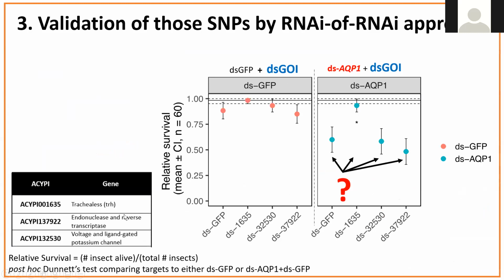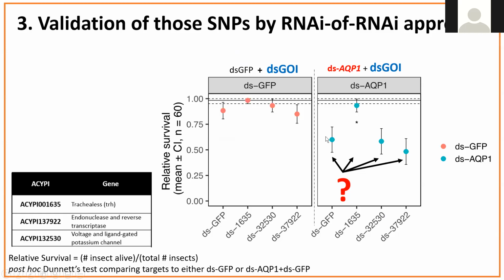Trachealess and the nucleases, reverse transcriptase, and voltage-gated potassium channels. And this is how we get the relative survivorship. And we use the post-hoc Dunnett test for the statistics. So in the figure on the left, once we knock down the gene of interest, they don't really affect the aphid survivorship. And in the figure on the right, we used a susceptible line